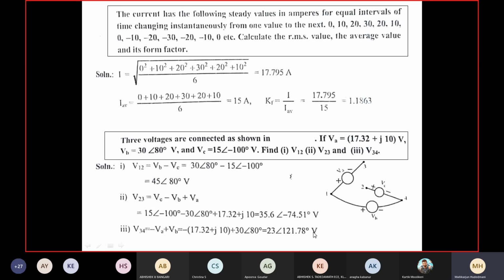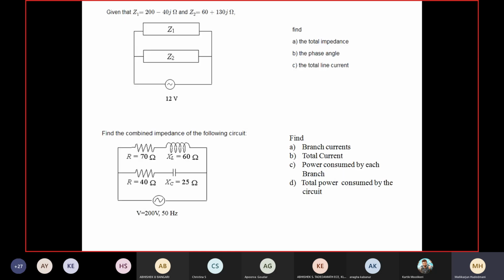Now please practice this yourself with different values. You only give some different values for this. Automatically, according to the sign convention, you start practicing this. This way, you can think of practicing this also. So this way, you have to start working upon the complex calculations.